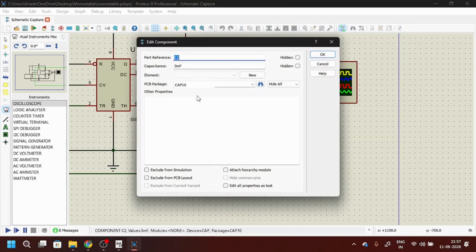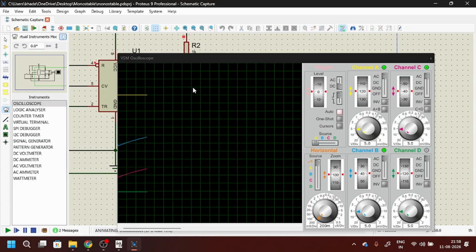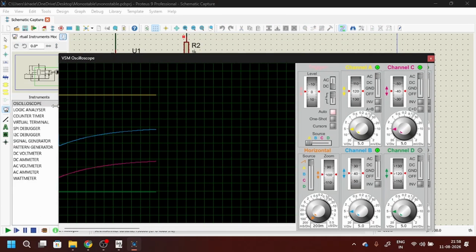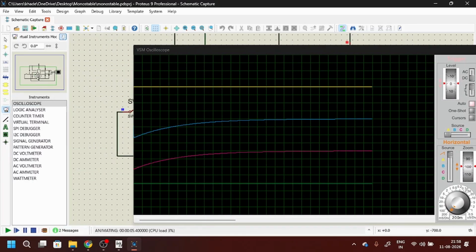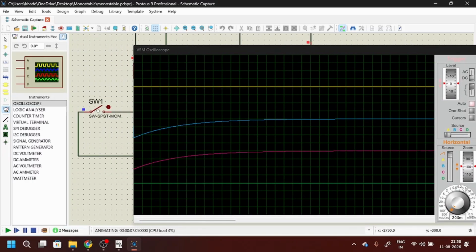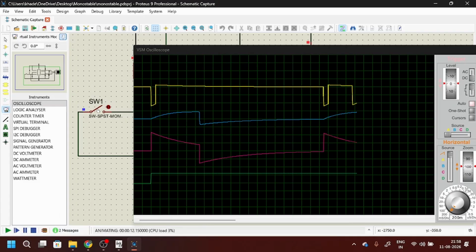Now if I change this value to say 1 millifarad, and now if I run this again, and yeah, I need this to be large enough, and yeah, see, the graph has been changed. So the duration is changed. Okay, if I give it multiple times,